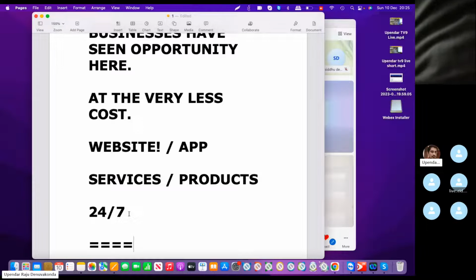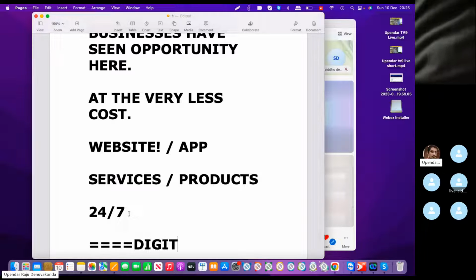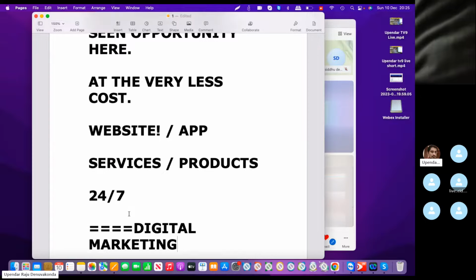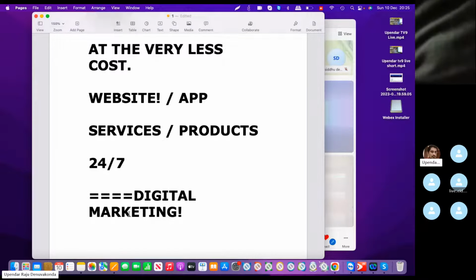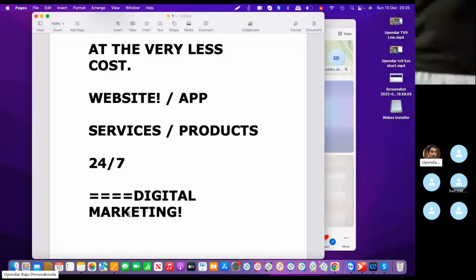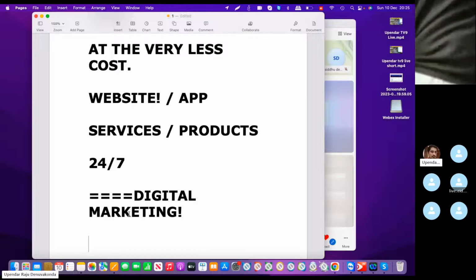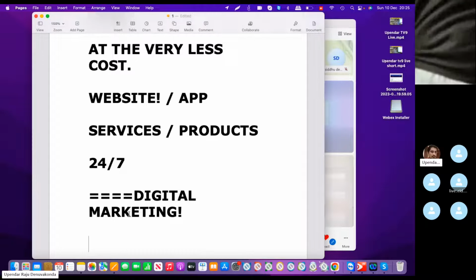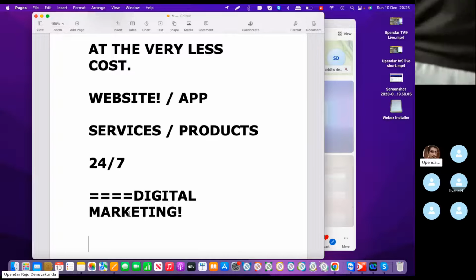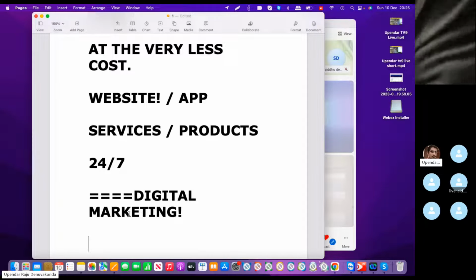So this is what came into the picture. Digital marketing came into the picture. This is a business opportunity for every business, doesn't matter if the business is small, medium, or very big. The business has an opportunity to promote their services and products online by just creating their own website, or